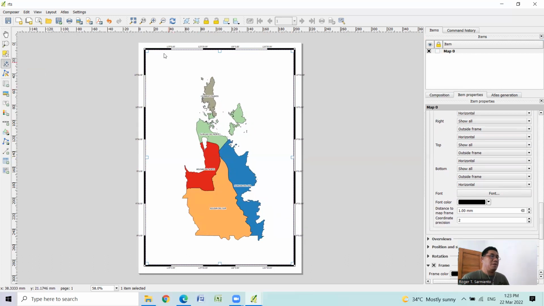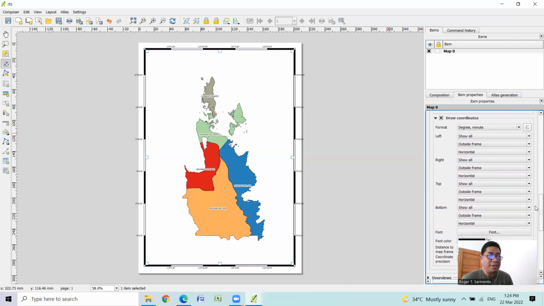If you notice, we have the coordinates displayed already on the top, the bottom, left, and right. But in this case, on our left side, the coordinates are displayed horizontally, and also on the right side. So let us change this by configuring the left, this one, the left displays. So on the left,